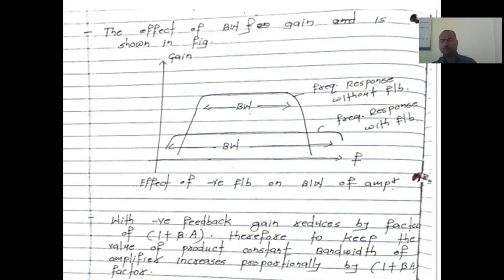I am elaborating on the definition of bandwidth. Bandwidth indicates the range of frequency over which your device, or your amplifier, should work. Now we have to discuss one type of amplifier, that is the audio amplifier. In the case of an audio amplifier, the range of frequency is 0 hertz to 20 kilohertz. Normally 0 is not considered; it is 20 hertz to 20 kilohertz. It is the range of frequency. Okay, so